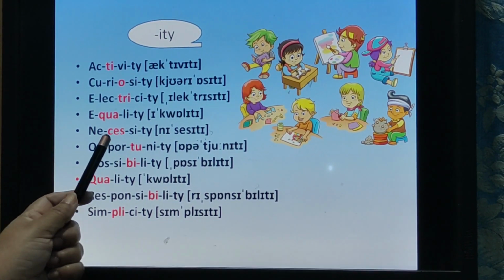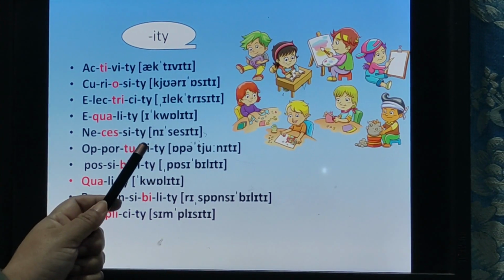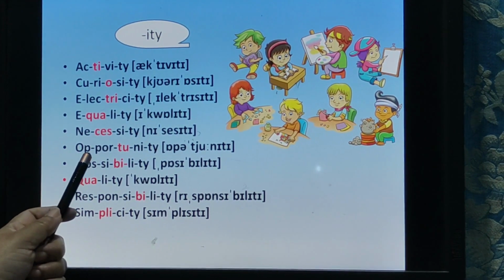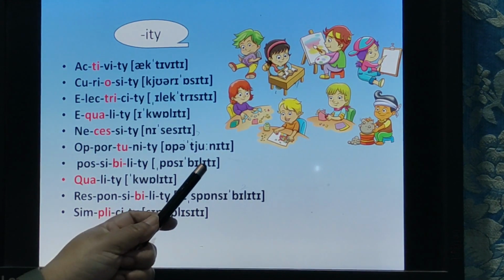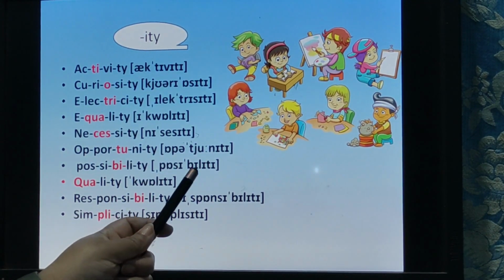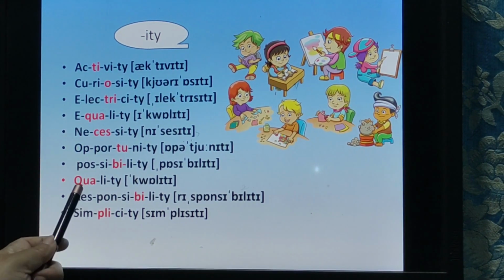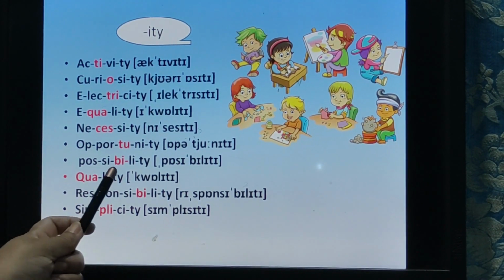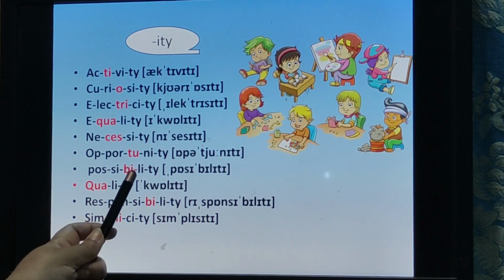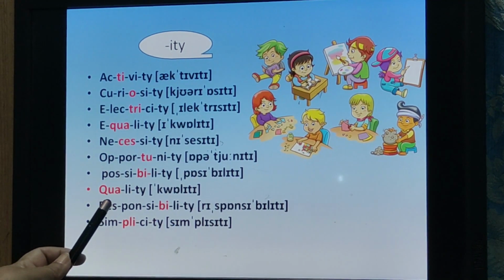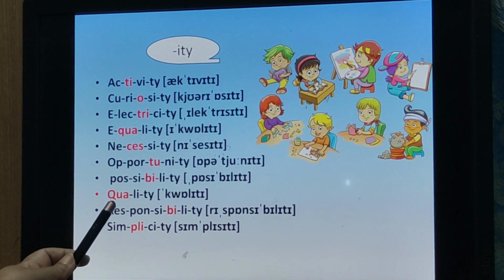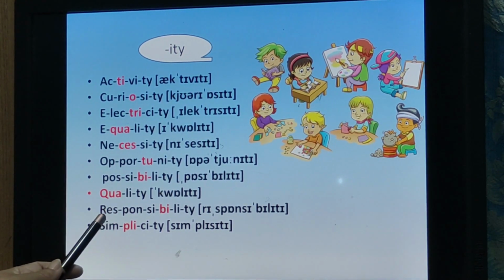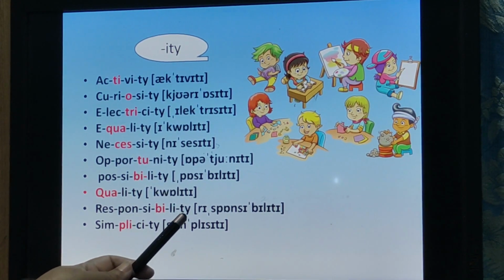Necessity, necessity. Opportunity, opportunity. Possibility, possibility. Quality, quality. Responsibility,